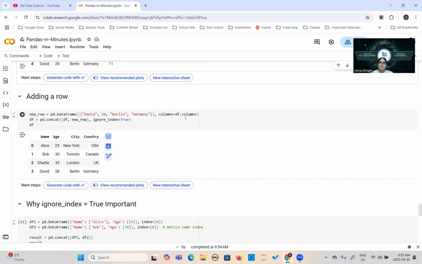Then we will use pd.concat. Now we will concat your existing data frame with the new row, because this is also a data frame. You cannot add the new row straightforward. You need to create a new data frame with the row you want to create. And then ignore_index equal to True.